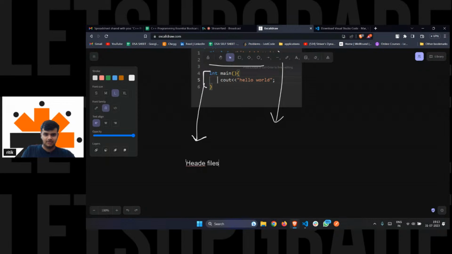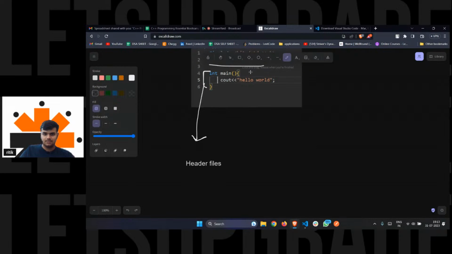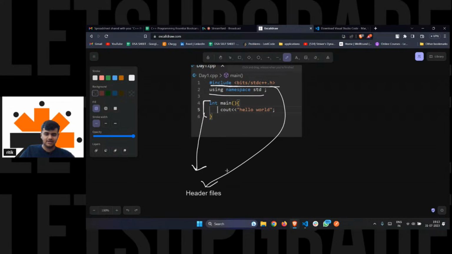Let me just erase this one. Okay, header files. So what are header files, right?